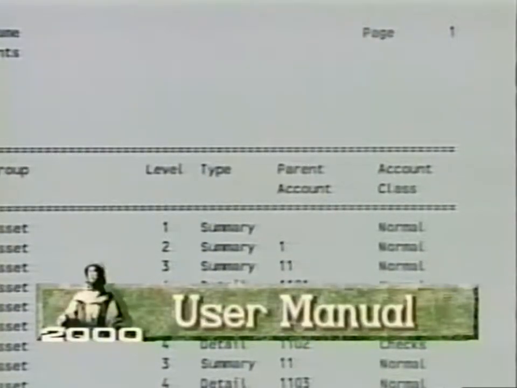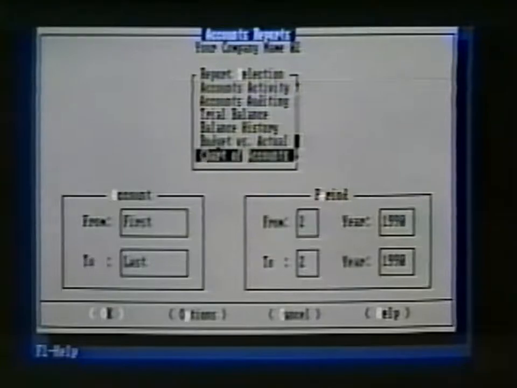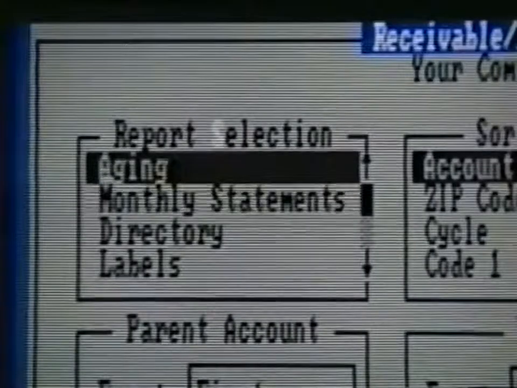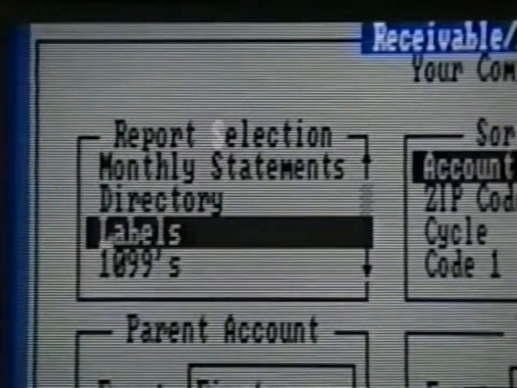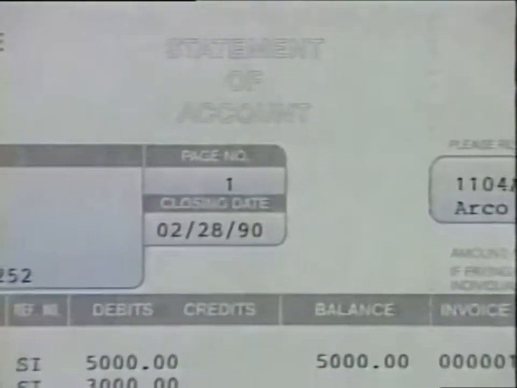Now let's examine some of the receivable-payable reports in Pacioli 2000. There are 5 reports available to you in the Receivable-Payable Reports section. One of the most important of these is the monthly statements. Monthly statements are especially important as a